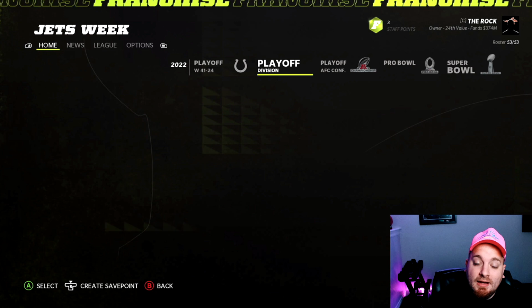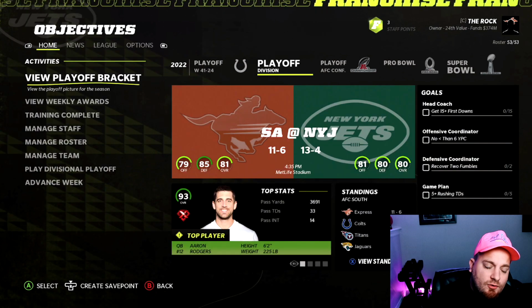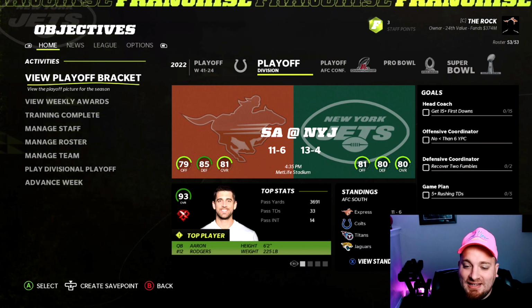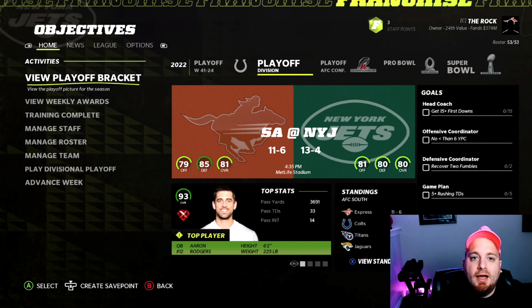Now it's time to go see who we're going to be taking away from the Indianapolis Colts after that 41-24 victory. Who are going to be the player or players that help us get past Aaron Rodgers and the New York Jets in the divisional round of the playoffs. But first,